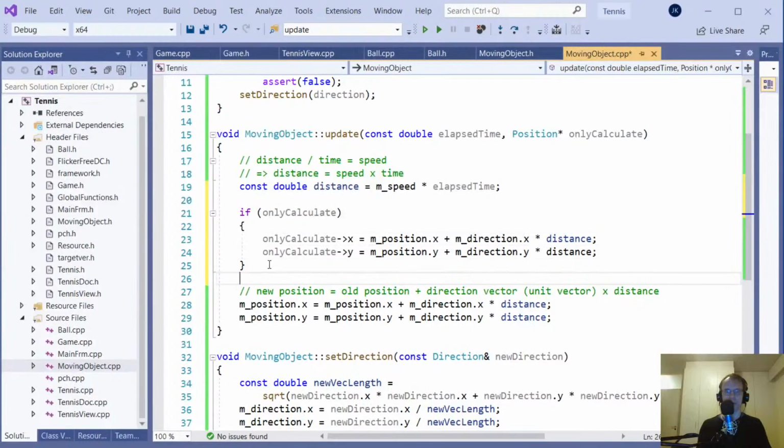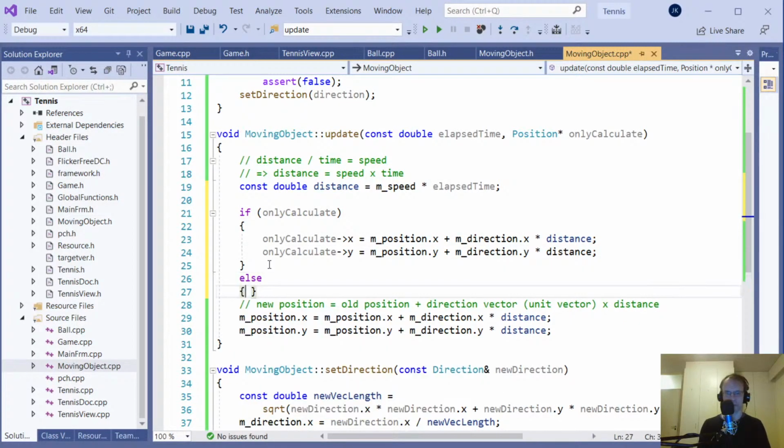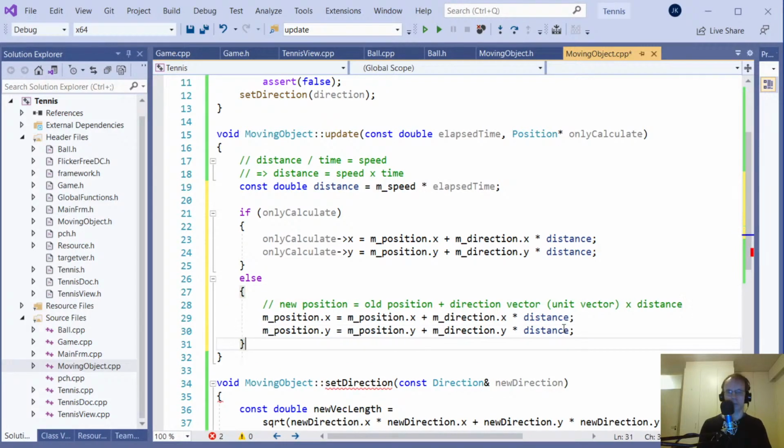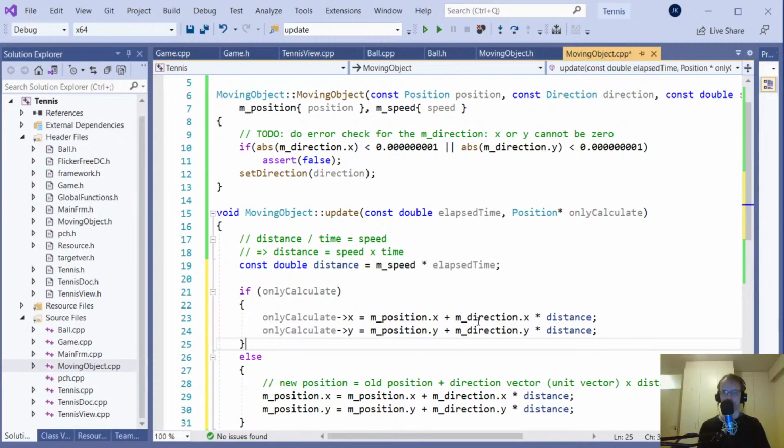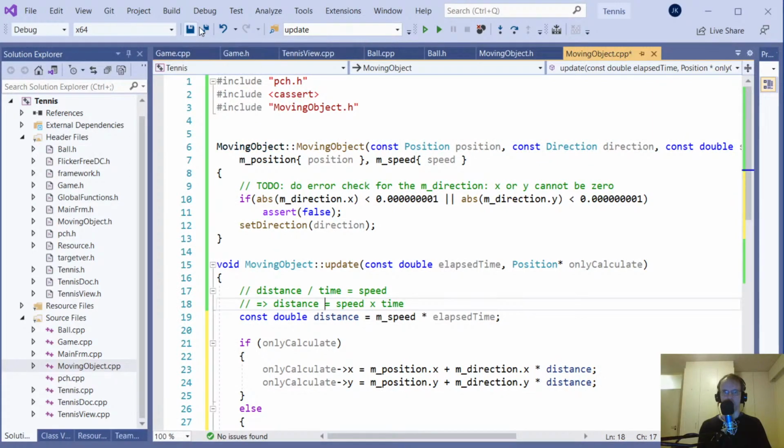Okay. And else we will change things. Else we will change the position. Okay. Like that. So now let's go and do that thing. So I'm gonna go to the game,